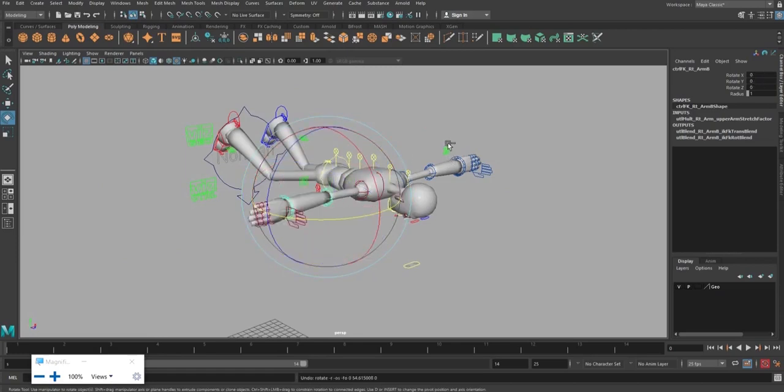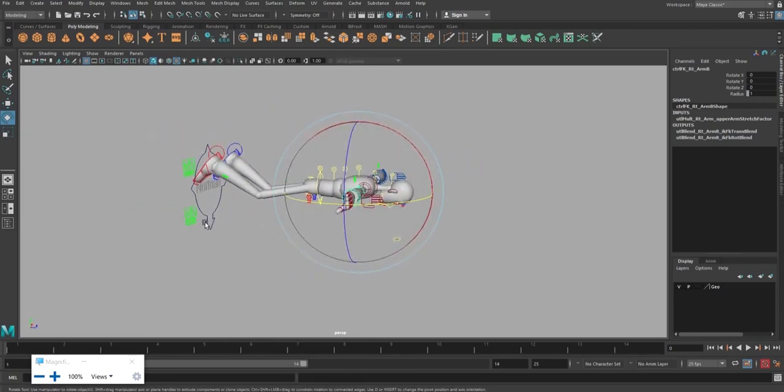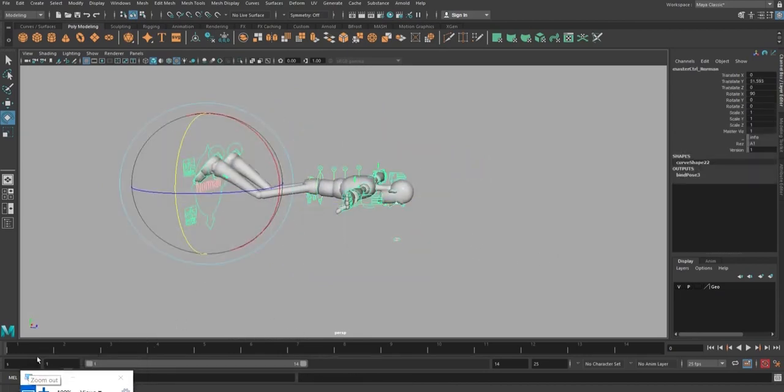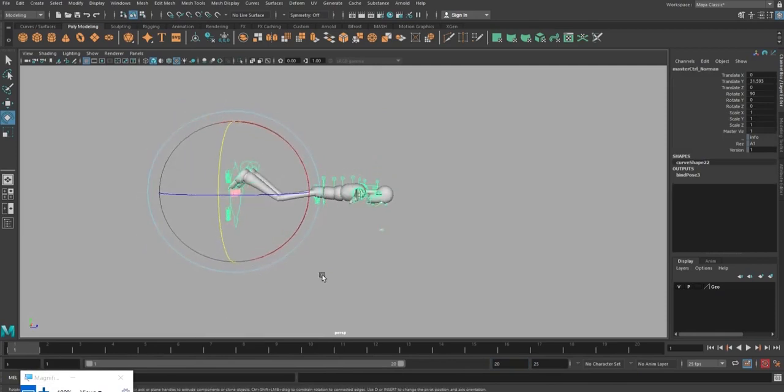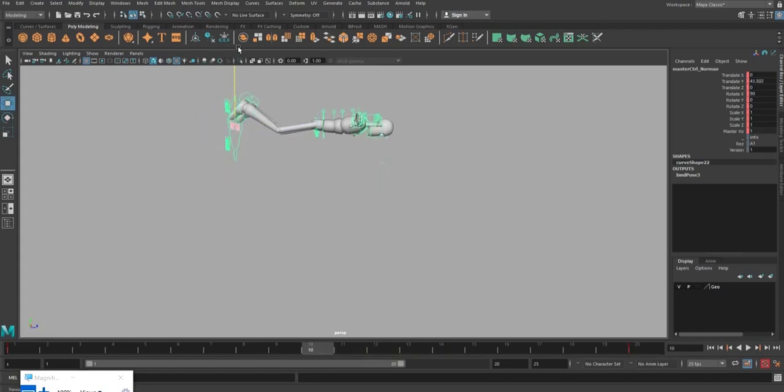So I'm just going to show you a small example. Say for example, I'm just taking some 20 frames. In my first frame, I'm giving set key here and set key here, and in my 10th frame I'm just moving it up.